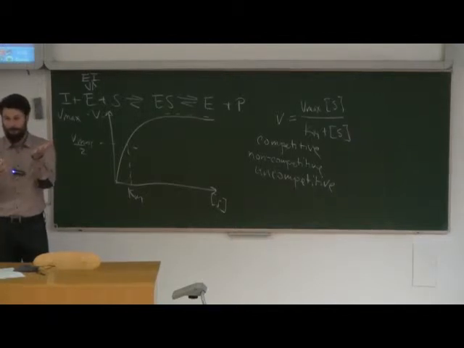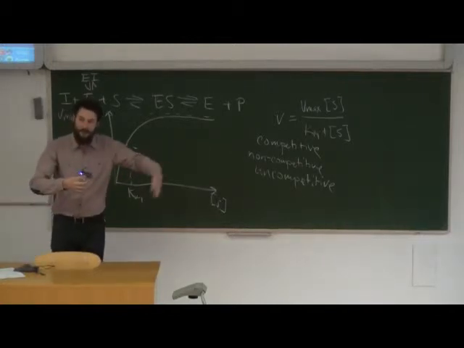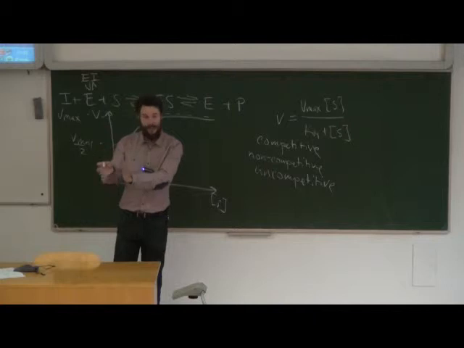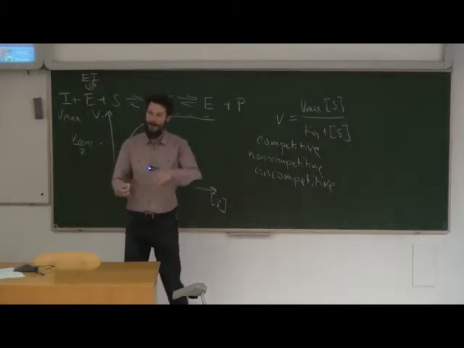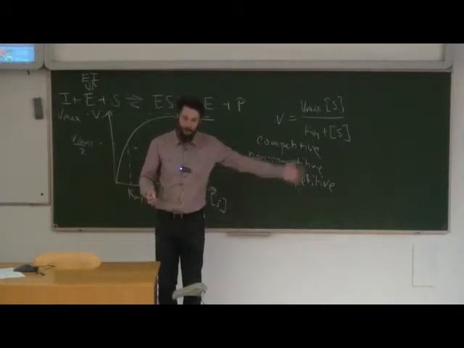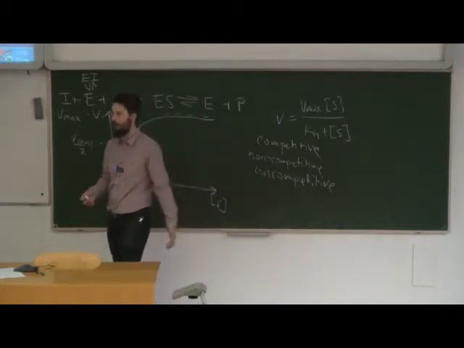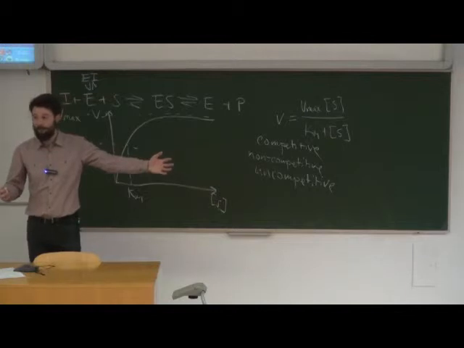Yeah? But there's going to be a competition again. Okay? Now we keep increasing the amount of substrate, and we only have 10 molecules of inhibitor all the time. And we keep increasing. So we have 1,000 molecules of substrate, we have 1,000,000 molecules of substrate, we have 1,000,000,000,000 molecules of substrate, we have infinite amount of substrate.